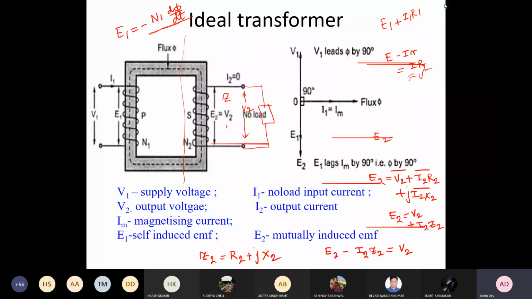Opposing, that's why we have just given the minus. We can write V1 is equal to E1 magnitude wise, but the phase difference is 180 degrees, because E1 is equal to minus V1. So that's why we put it on this side. Either you can put it here, or if you have some leakage reactance and some resistance in the coil, then